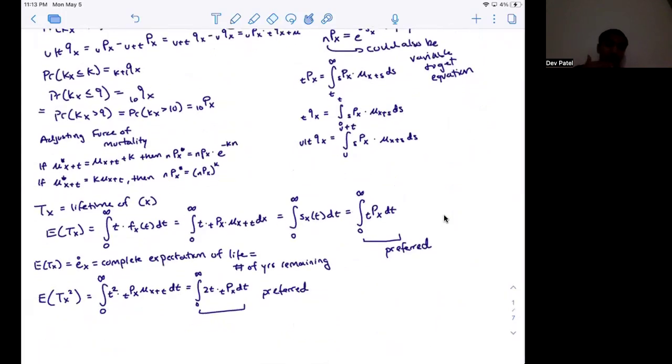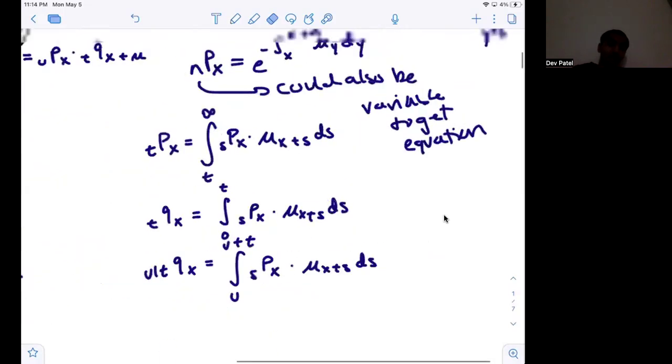Adjusted force of mortality. If we have a force of mortality, we'll want to adjust it by either multiplying it by a constant K or adding a constant K. We can see how that translates over to the MPX versions, where we add a constant, raise it to the power of that constant, or we multiply by e to the negative that constant times n. And then here we can also see TPX written in the form of an integral where we